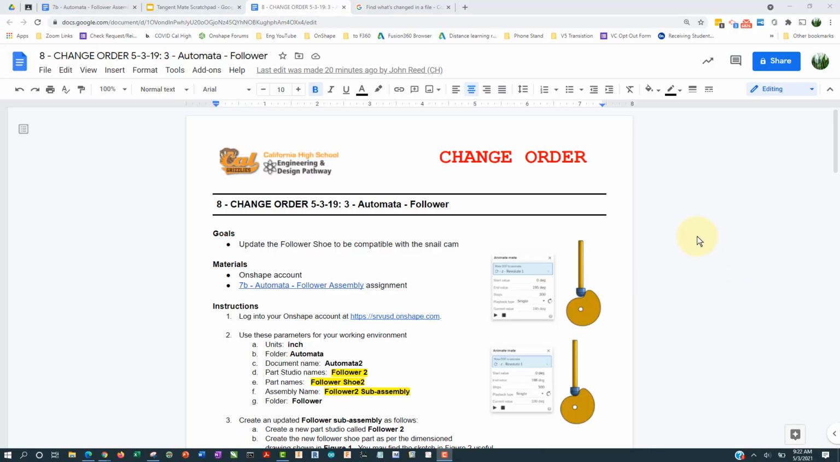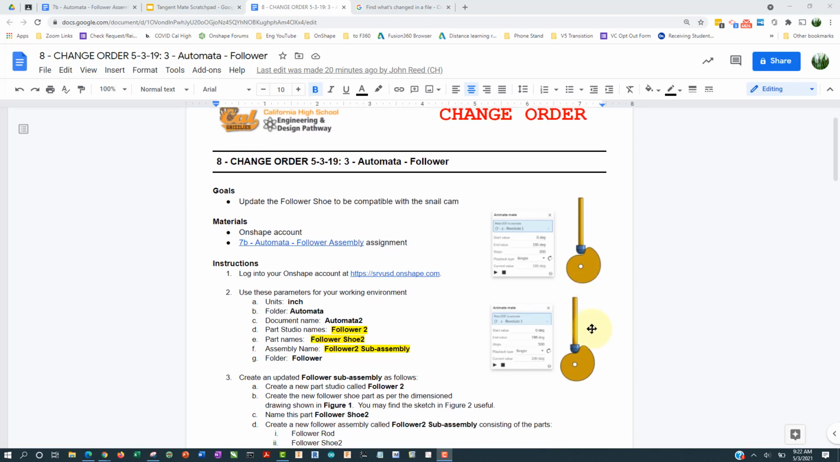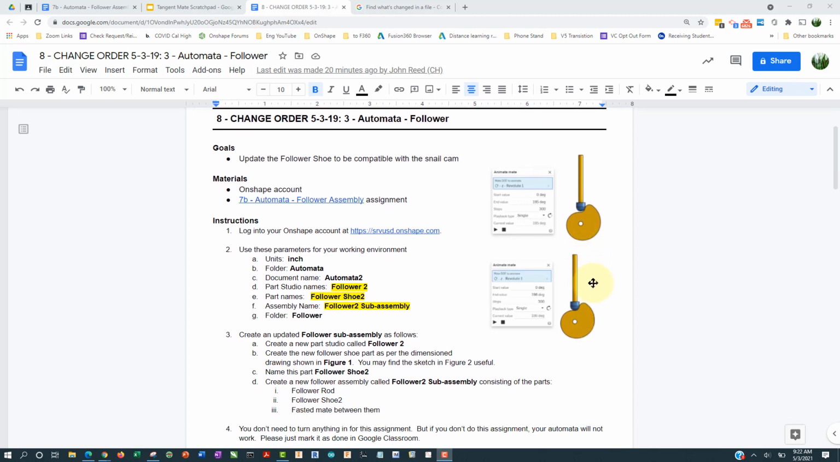Well, we came into work on a Monday morning and we got another change order from our boss. We need to modify the follower shoe so that we can accommodate the snail cam. With the current size of our shoe, which is blue here, you can see at the top, it's coming down into the pocket of the snail cam, and it turns out it's too big. So we need to reduce the size of the follower shoe so that it fits snugly into the pocket on the snail cam so that we can maintain that